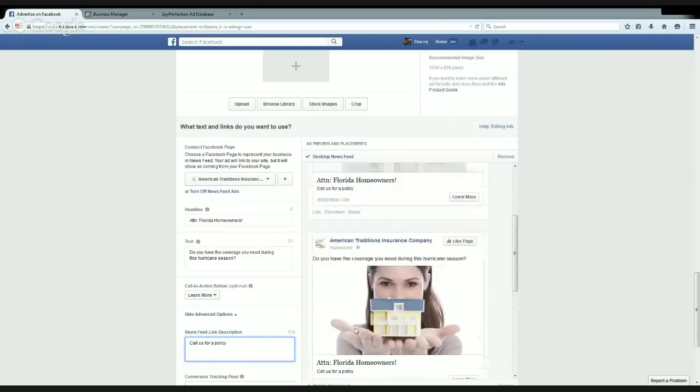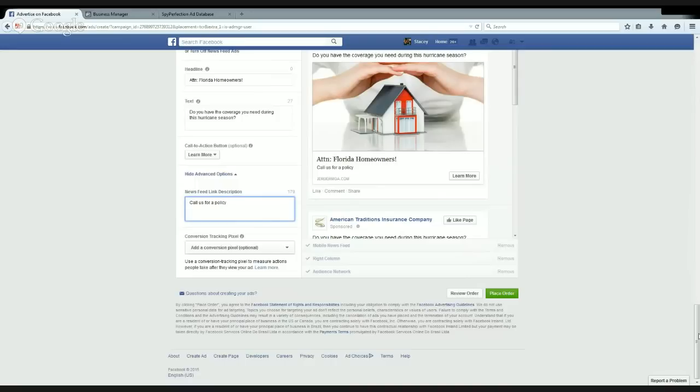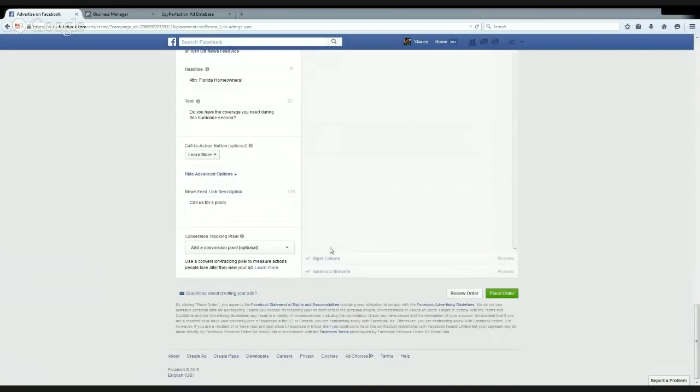So we have our ad set up. We put out our jargon. We like the way it looks. We want to go ahead and run it in the desktop news feed. We want to run it in the mobile news feed. And we can see what that